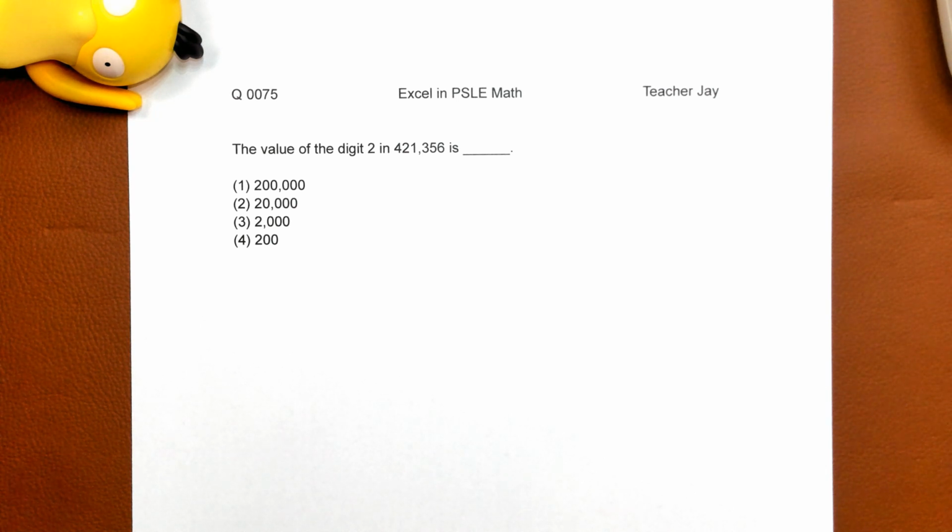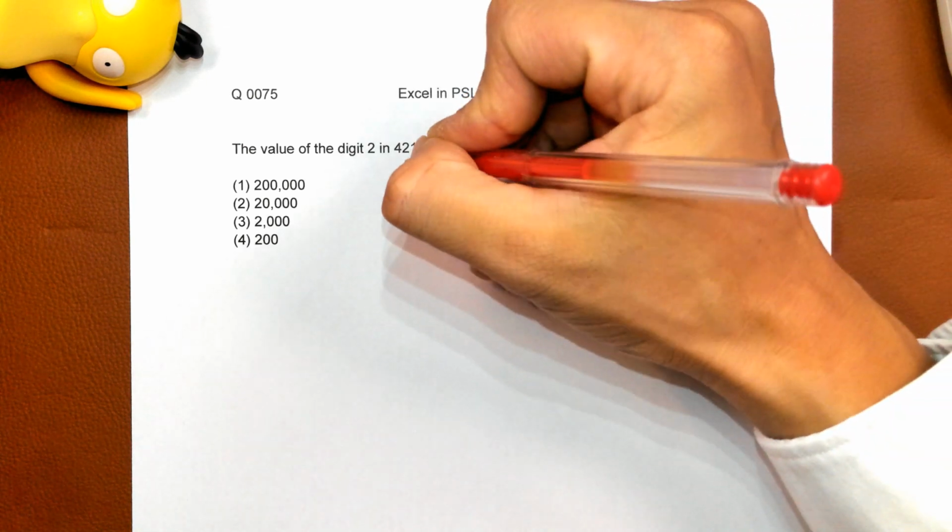The value of the digit 2 in 421,356 is... 这个题问我们的是数字2在我们的421356里边它表达的值是多少？2 is here